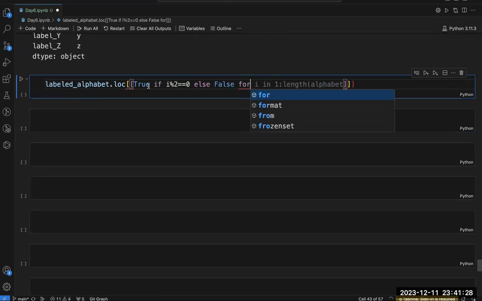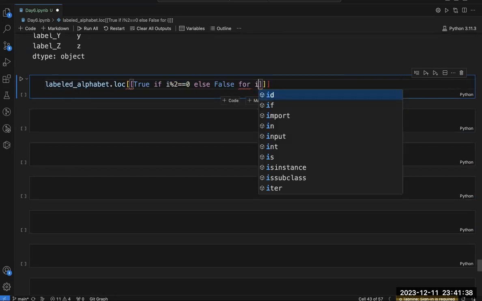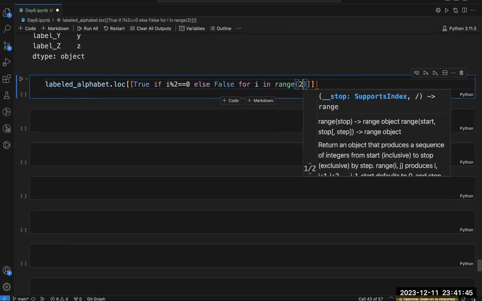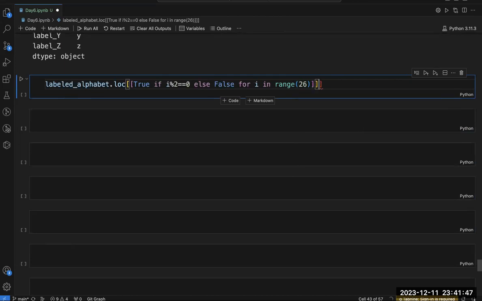That means only this condition will be true when i divided by 2 is equal to 0, else everything will be false. And then I am writing for i in range 26. So what will it give you? It will give you the values which satisfy this condition.